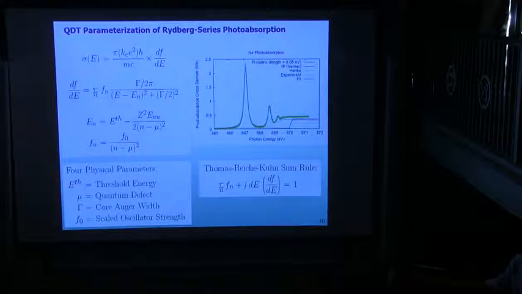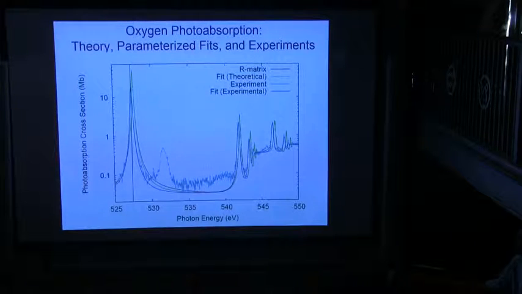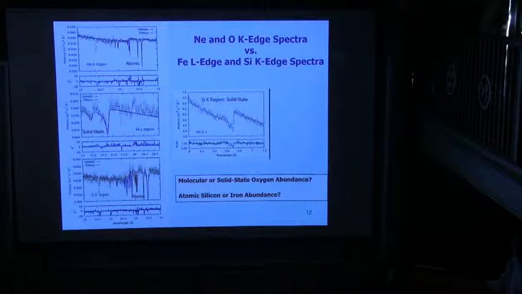Typically, the threshold energy is the one that the theory can't converge to. We're talking about 500 eV and a plus or minus couple of tenths of an eV between theory and experiment, so we can just adjust that in the model and go right through the experiment, essentially. Okay, so that's all atomic photoabsorption.